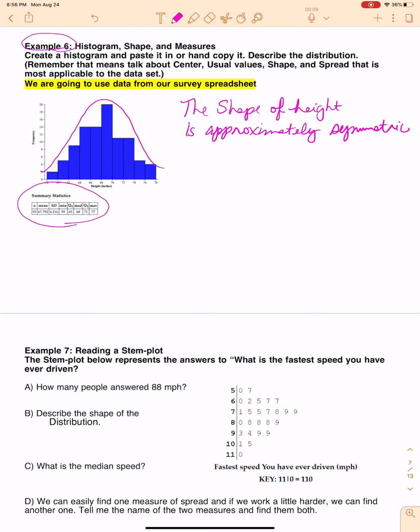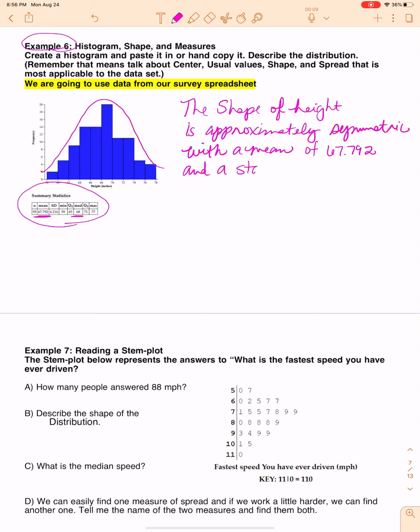So the shape of height is approximately symmetric with a mean. When it's symmetric, I want to report the mean as the measure of center. And if you'll notice, your mean here is 67.792, and your median is 68. And so the mean technically rounds to that, so they're about right on the same. So that's how you can tell how symmetric it is. So the shape of the height is approximately symmetric with a mean of 67.792